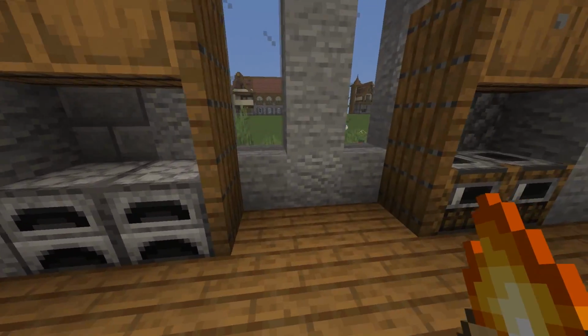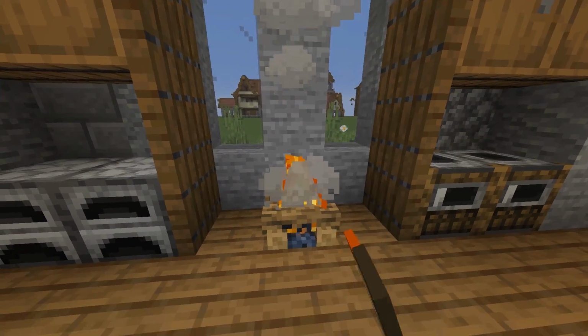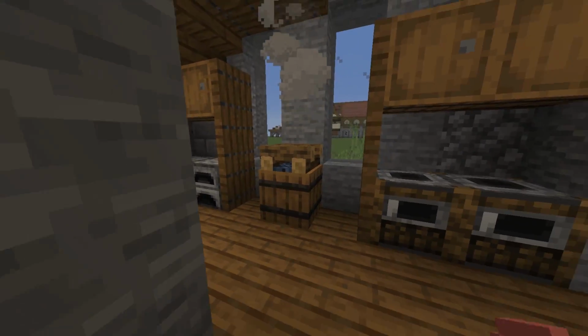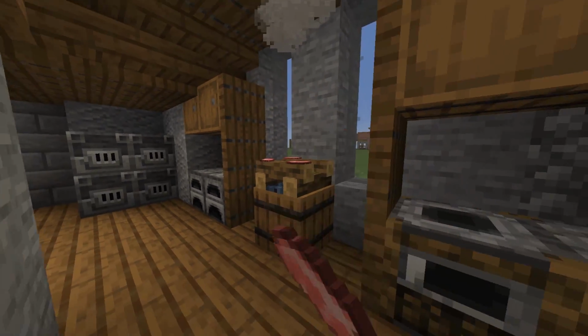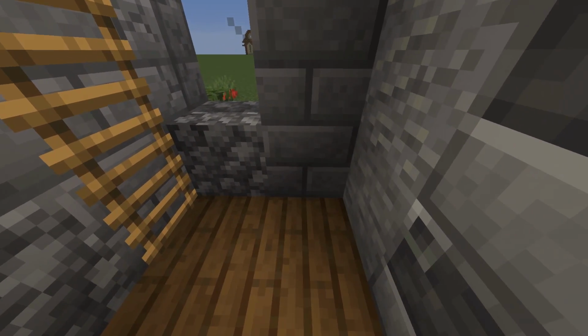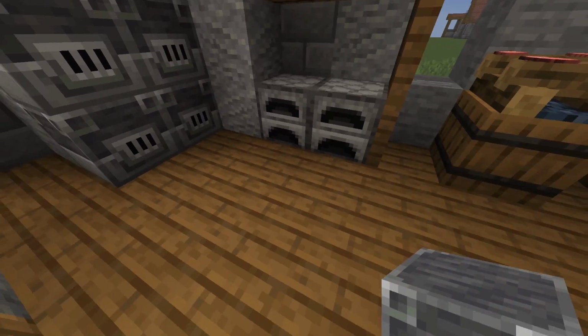Now in the middle here, let's put like a meat smoking or meat drying rack. Let's put a barrel and then the campfire on top. Extinguish it and then you can put some meat on it, or fish. Now here, I don't have any room, so